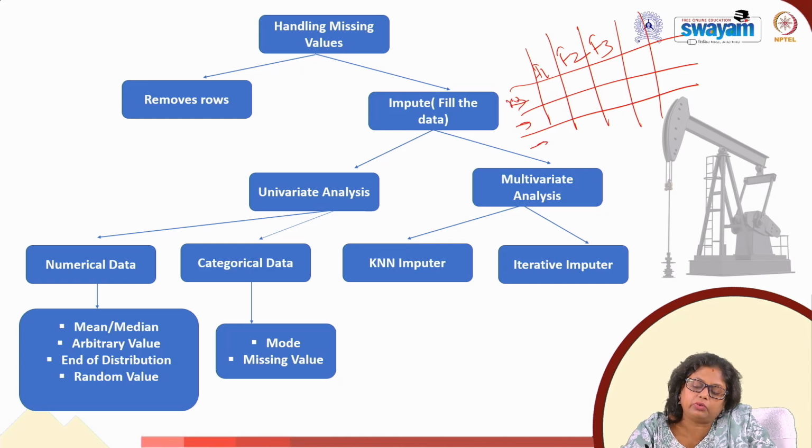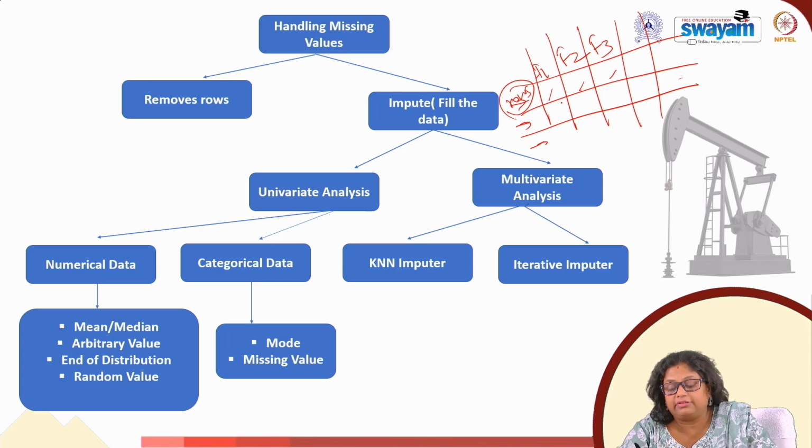The missing value would correspond to a row. So this is row 1. Row 1 will have a value corresponding to all the features, and similarly row 2 will have values for every feature. In some real-world scenarios, in a particular feature, feature 1, we have many values missing in the column. There would be chances when we have missing values in more than 2-3 columns. So how are we going to handle the missing values?